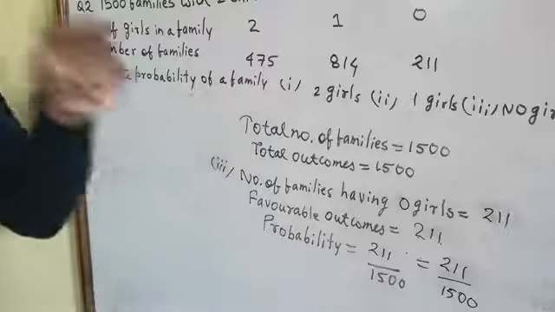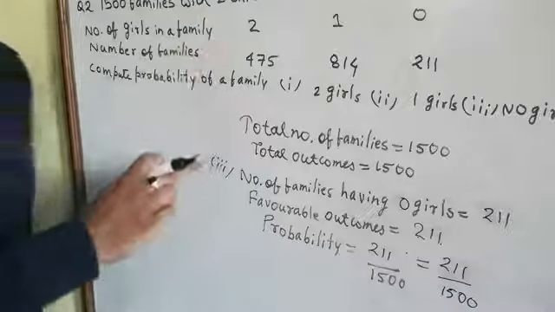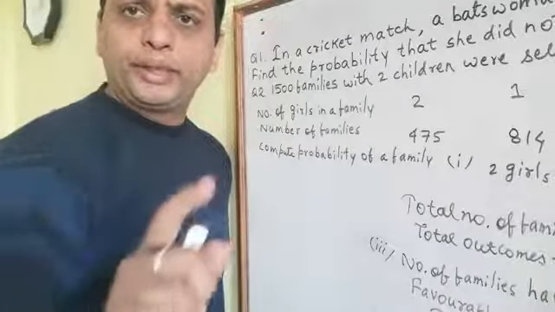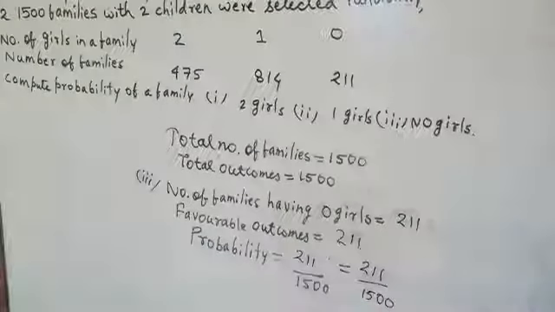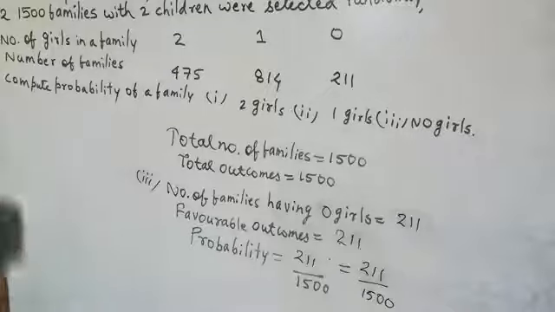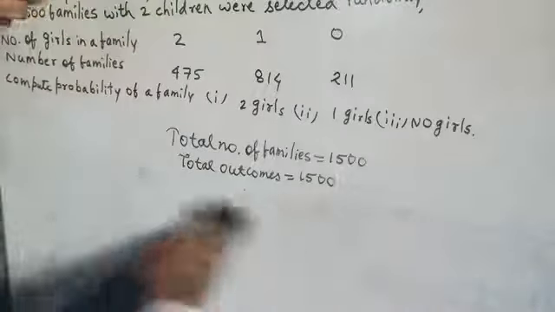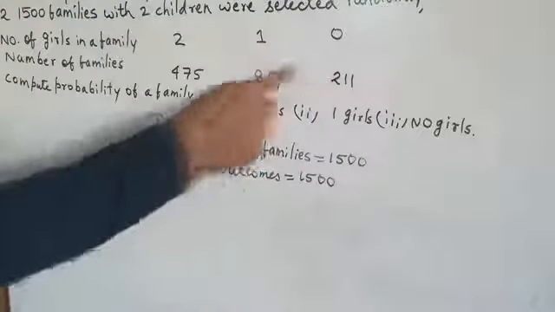Along with this question, there is one more question asked. Check whether the sum of the probabilities is 1. We have to prove that the total probability is equal to 1. So how to prove that, you will see on the board. To prove that, we will add the probabilities of all three cases.